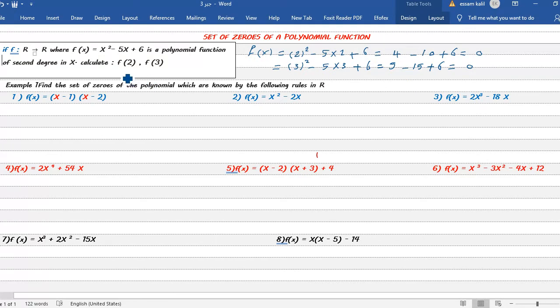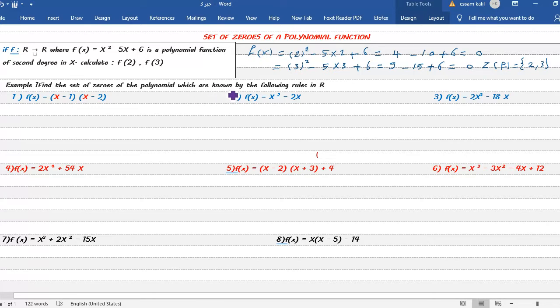يبقى then if you substitute لو احنا عوضنا ال x ب 2 or 3 يبقى then the function become equal 0. يبقى then the set of zeros of function symbols بتاعها يبقى Z f equal what? Equal 2, 3. Example 1. Find the set of zeros of the polynomial